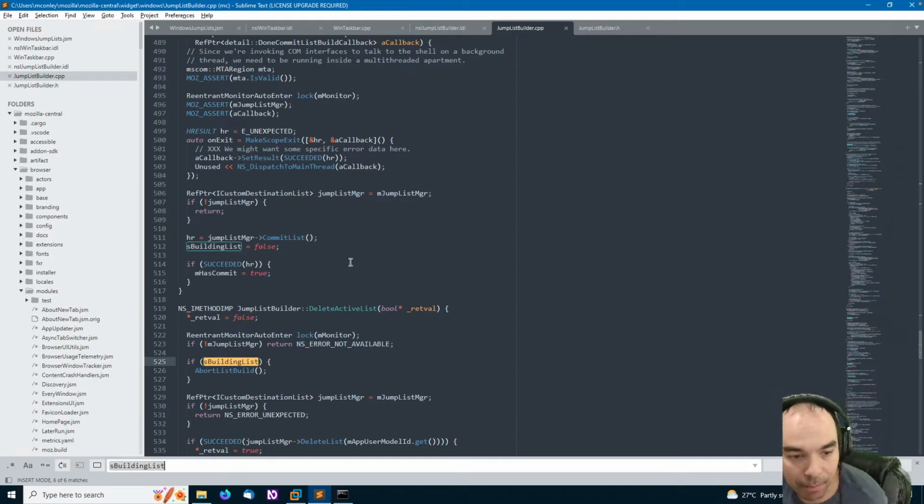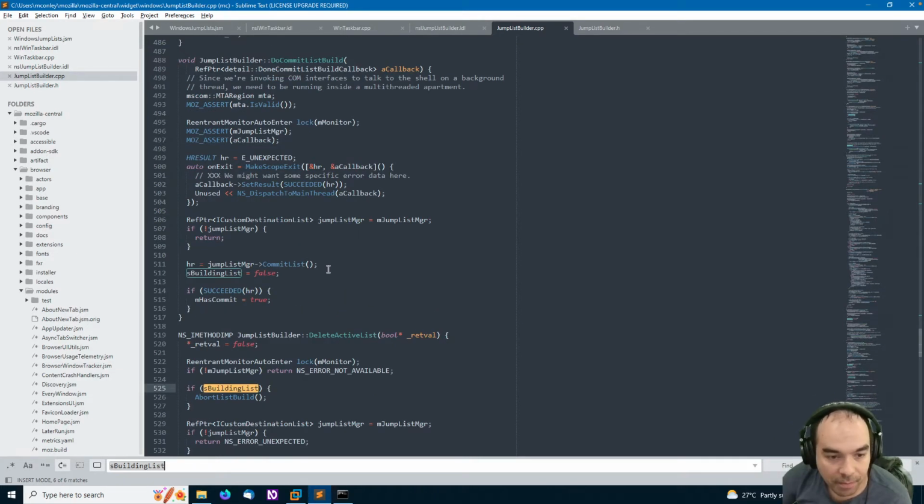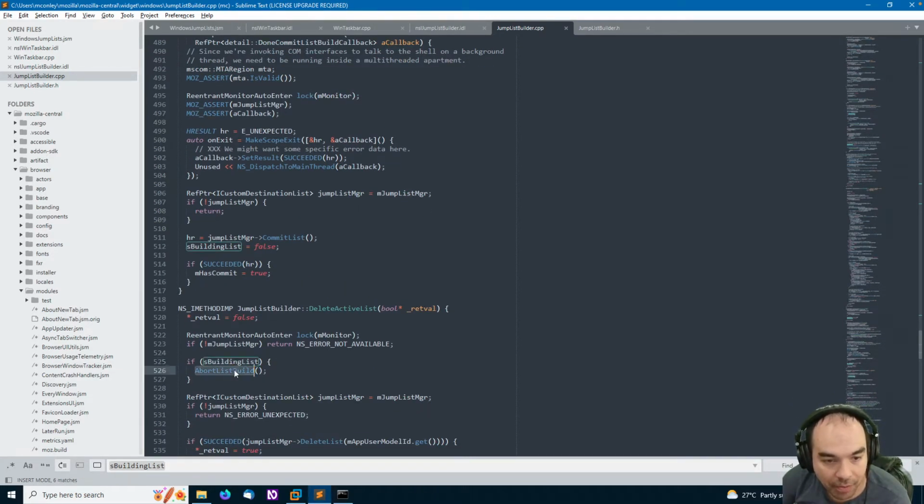So that's kind of a pain, because if I'm going to make abort list build work off of the main thread, I need to make it possible for the off main thread stuff to also be called from off of the main thread. And we want one variation to resolve a promise, and we want the other to not really.